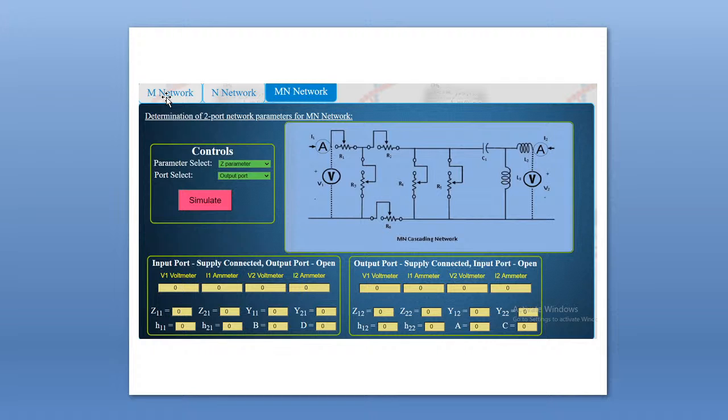If you select the first one, you get only a pure resistive network. If you select the middle one, the N network tab, then you will see a reactive network, which consists of only capacitor and inductor elements. And here you see I have selected the main network. That's why you see this part is a resistive network, and that part actually corresponds